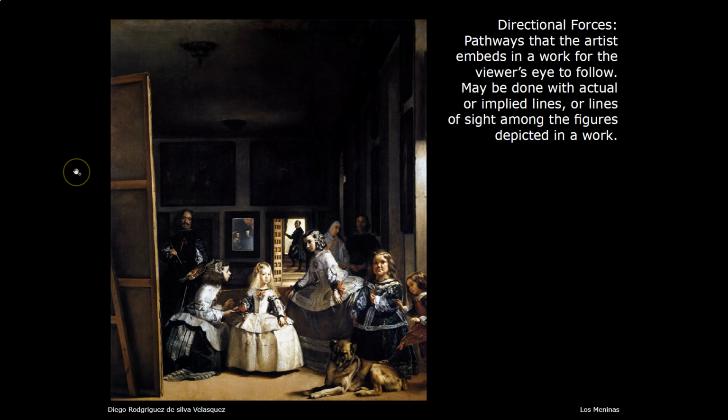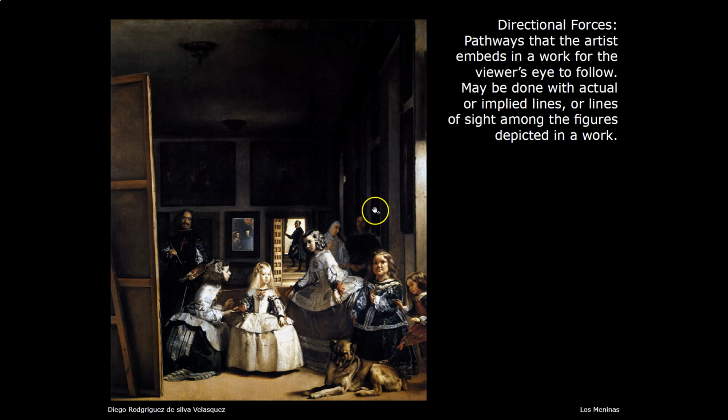This painting has a really interesting set of directional forces embedded into it that the philosopher Michel Foucault talks about. I'm going to try and go through that quick. So Foucault says we're going to come in from the left, because we read left to right in Western society, and there are some horizontal lines that come in here and push us up. The vertical of the edge of this thing here pushes us up. We catch another horizontal on the ceiling, and before our attention goes off the side of the canvas, we come down here in these verticals, and we start this spiral in, and we'll spiral in and we'll see